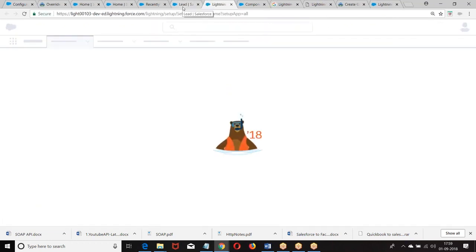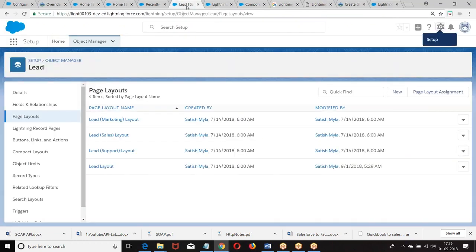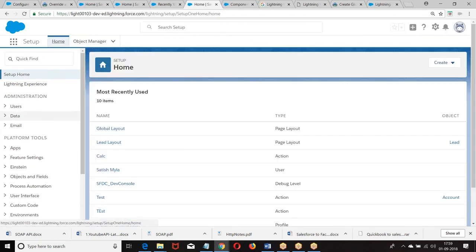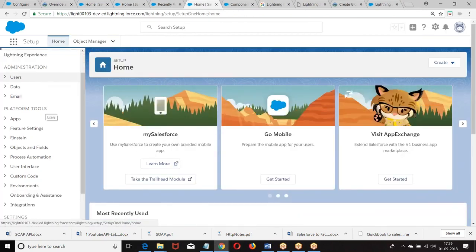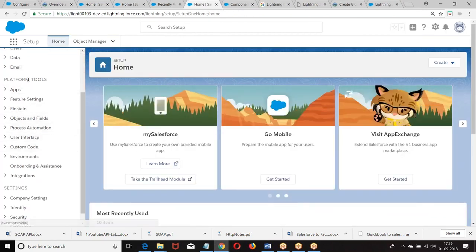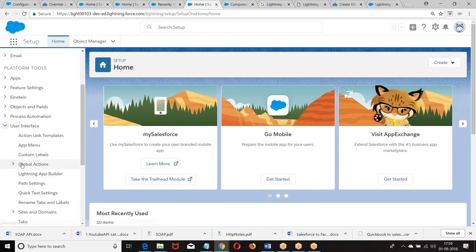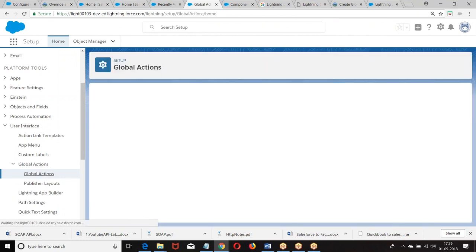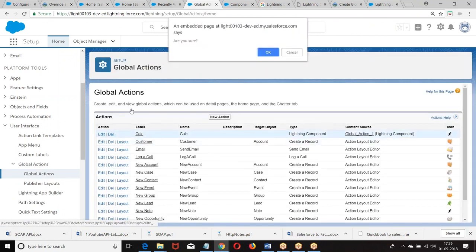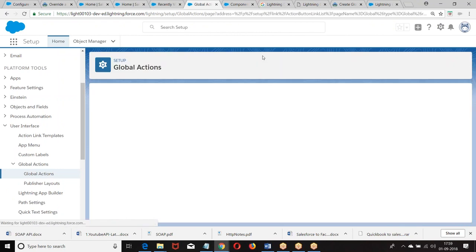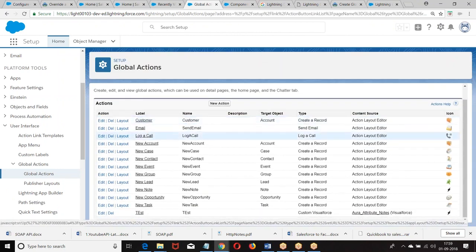Setup, user interface, platform tools, user interface, global actions. Create a new action.